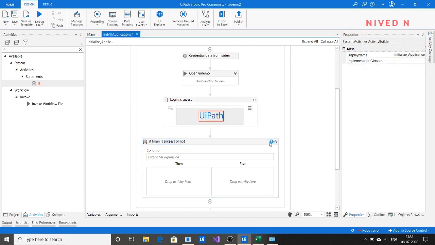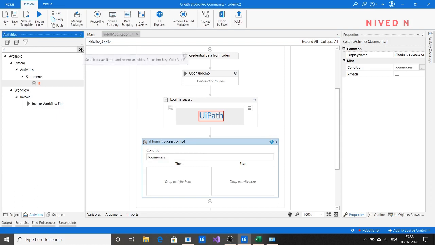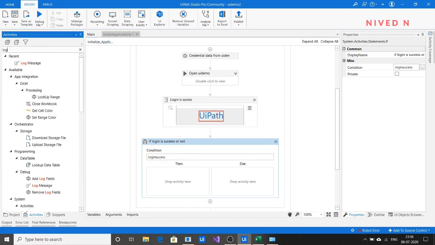The condition is the element exists variable, login success. This indicates if login success is true. If login success is true, then what do we have to do? We can just give a log message to indicate that our login is successful.